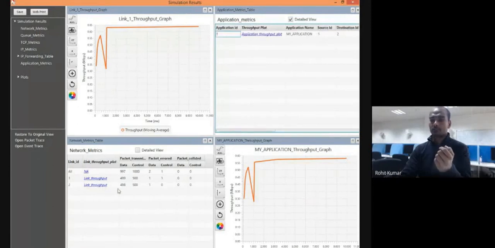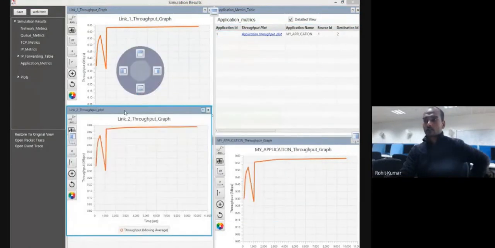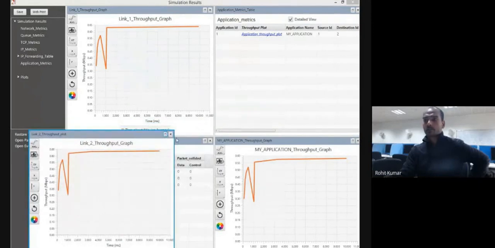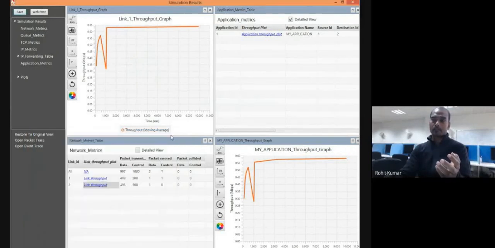Then link throughput with respect to a specific link. Those are also here. And these are the plots. It is the application, overall application throughput. Okay. And it is the link throughput. So sort of similar, little bit difference initially only. Okay. That is because of initial control traffic, because of handshake, etc. Some of the acknowledgements go from this particular node to that particular node. So some link may face some extra traffic, but it is not like that in every case.